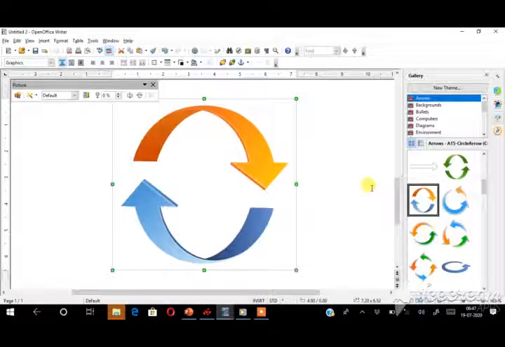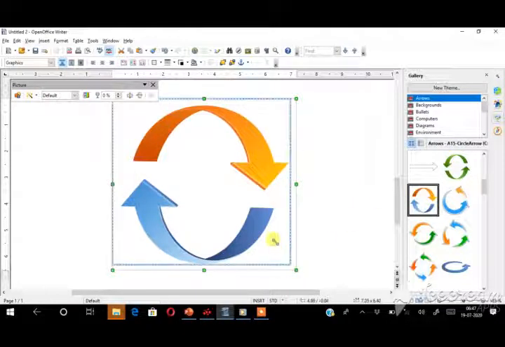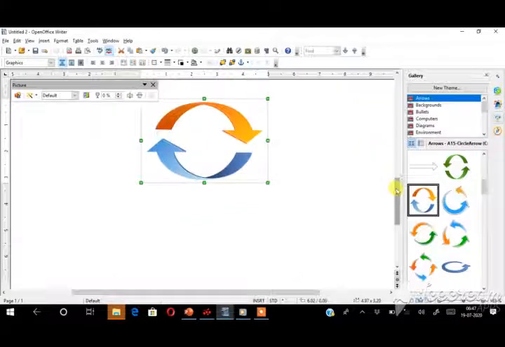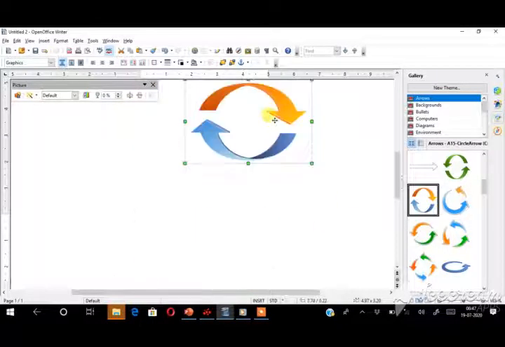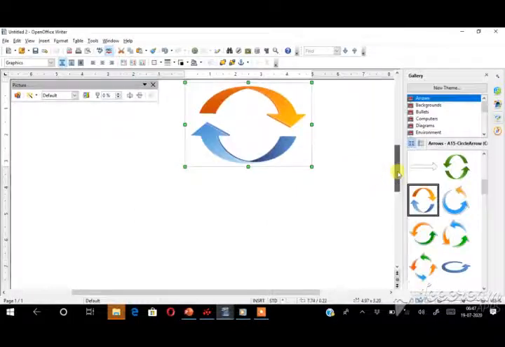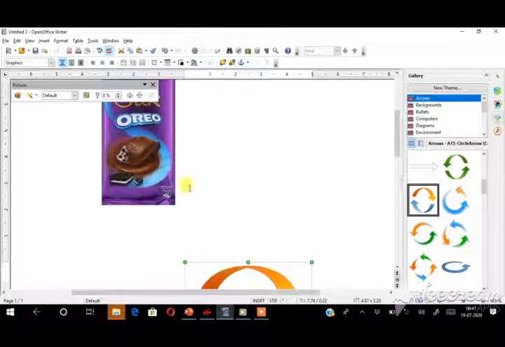So if you want this picture in the first page, you have to resize the picture. The size will be reduced now. Both pictures display in the same page. See here, suppose you want this picture in the first page, you have to reduce the size of the picture. See here, you can move it here. See, both the pictures display in the same page.